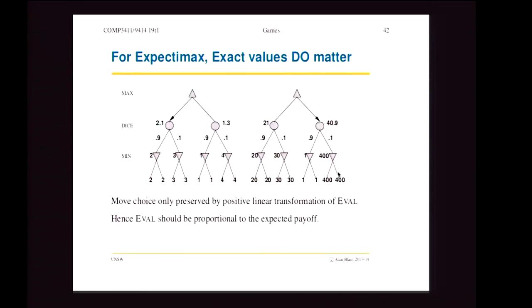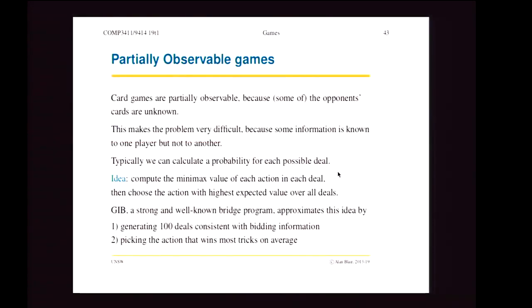So where were we? That's stochastic games. Then we move on to partially observable games. Now, as I think I mentioned in an earlier lecture,